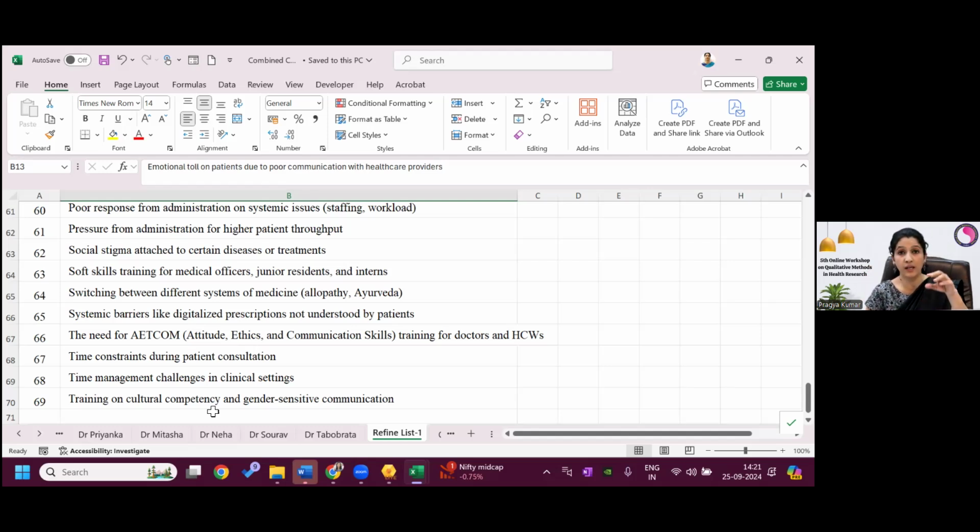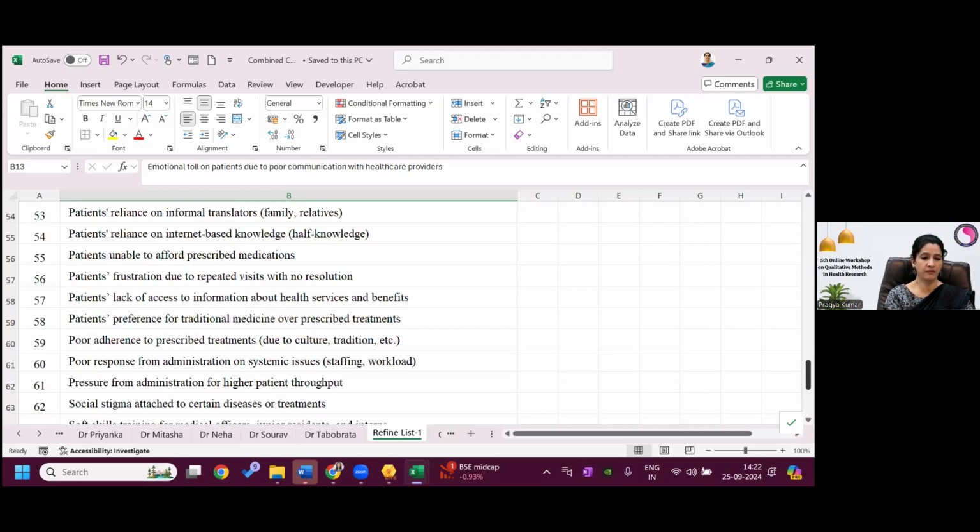And right now, I think there were a total of 10 transcripts, and that too, each interview lasted only 10 minutes. So if you have an interview of, let's say, 40 or 50 minutes, even half an hour, with 20 people, then the number of raw codes you have created in the first cycle, the first iteration, becomes very huge. So you need to do this exercise of merging smaller codes to make a bigger code, so that the number of codes gets refined and decreases. So we have done this refinement of the codes.